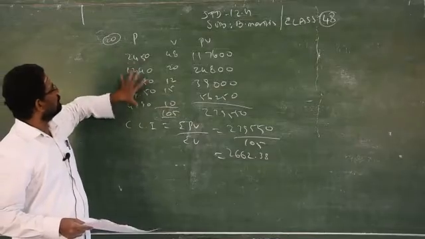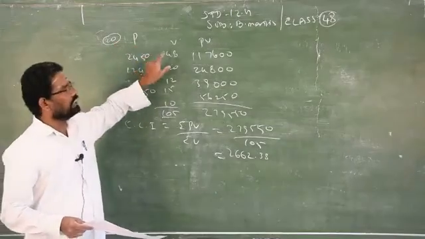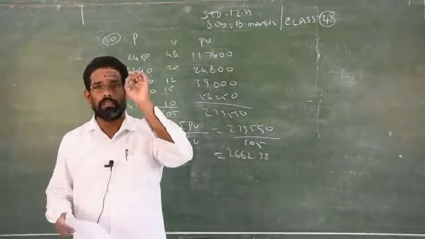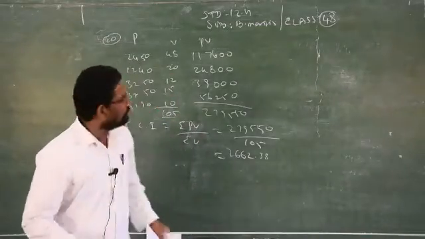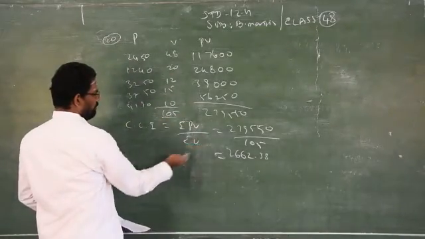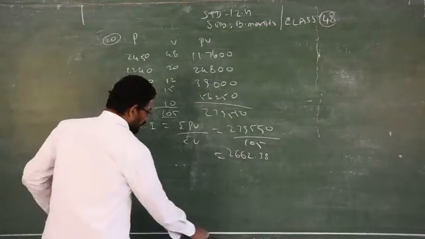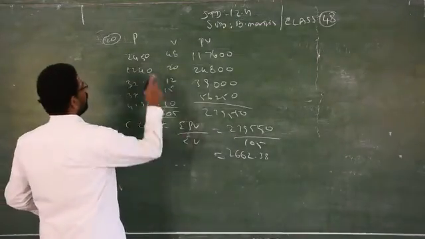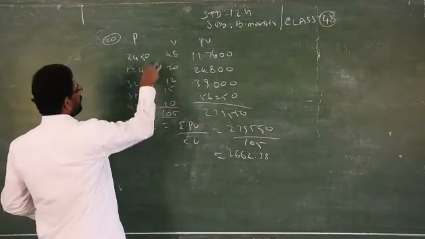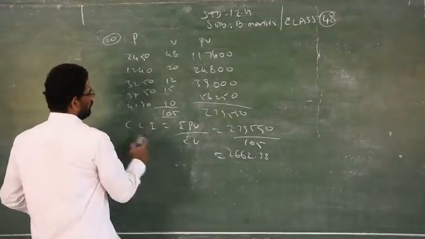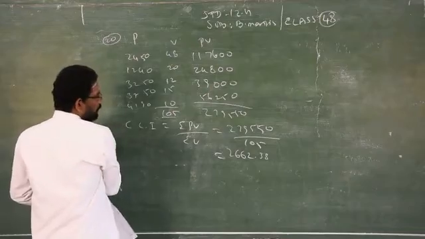When the index number is given, you consider the index number as P. Weight is always considered as V. Remember, weight is always considered as V. This is the common formula for all the three methods, except the aggregate method. Family budget method for index: when the index number is given, you have to follow the same method. Clear? Check the calculation with the help of your calculators.